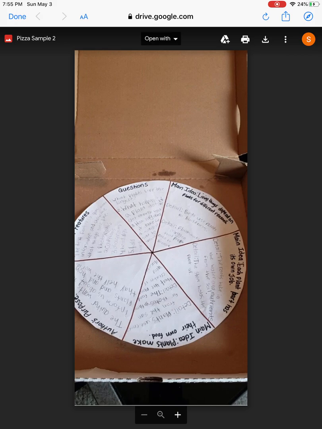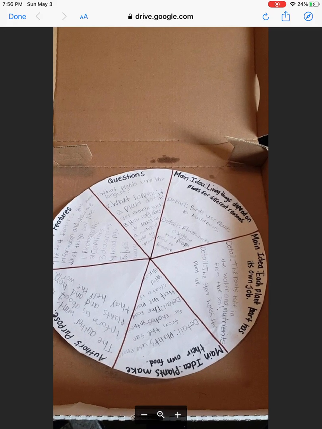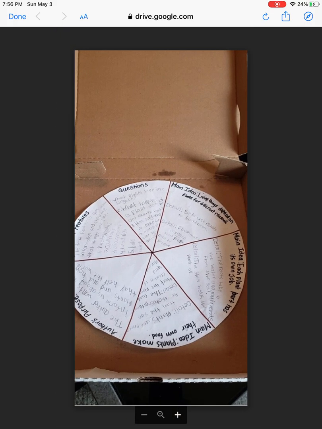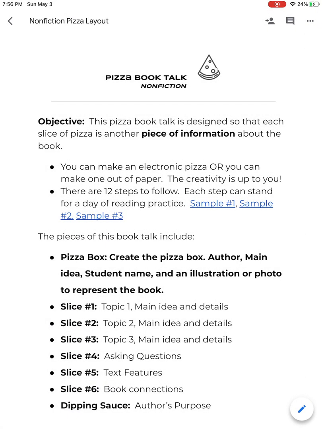And remember, your pizza can be digital, so made on the computer or a tablet, or it can be made out of materials at home. So here's another example of one. See, they have all the slices in there and what each slice means. So the questions, the main ideas, the author's purpose, the text features, they have all that included, and they actually put theirs in a real pizza box. But again, if you don't want to do that, you do not have to at all. And then the last example